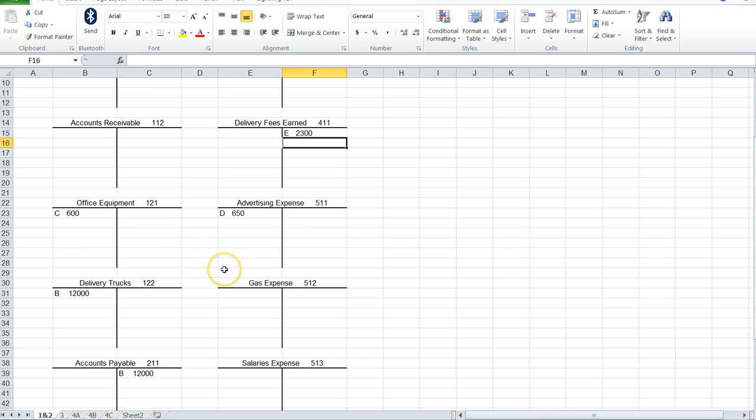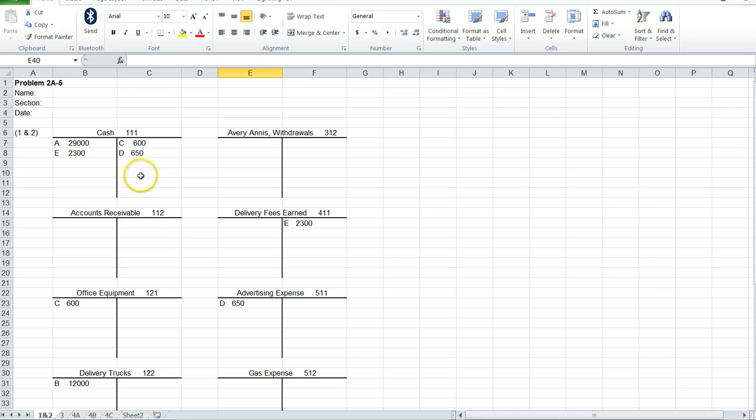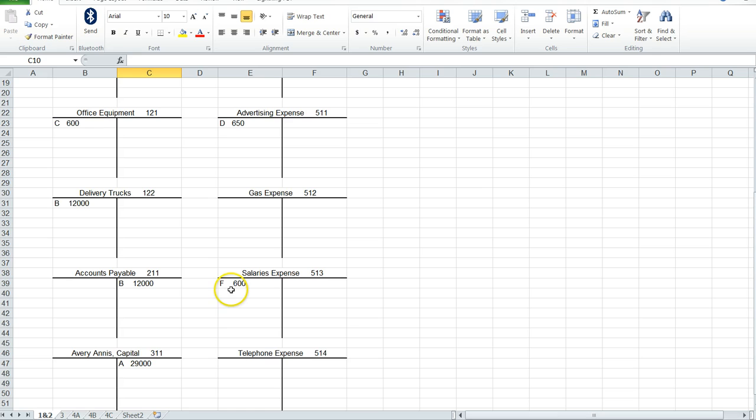Driver's salaries is an expense in the next one, which is transaction F, as in Frank. Okay, so we're going to move over there, and the amount of those salaries is $600. So we're gonna throw the $600 in the salaries account. Hit enter. Are you paying cash? Well, that word paid is a trigger, okay, that you're using up money right now. It's transaction F. So you come over, and as I said, you give yourself some space there, and $600 is entered in there. Again, all along we make equal debits and credits,